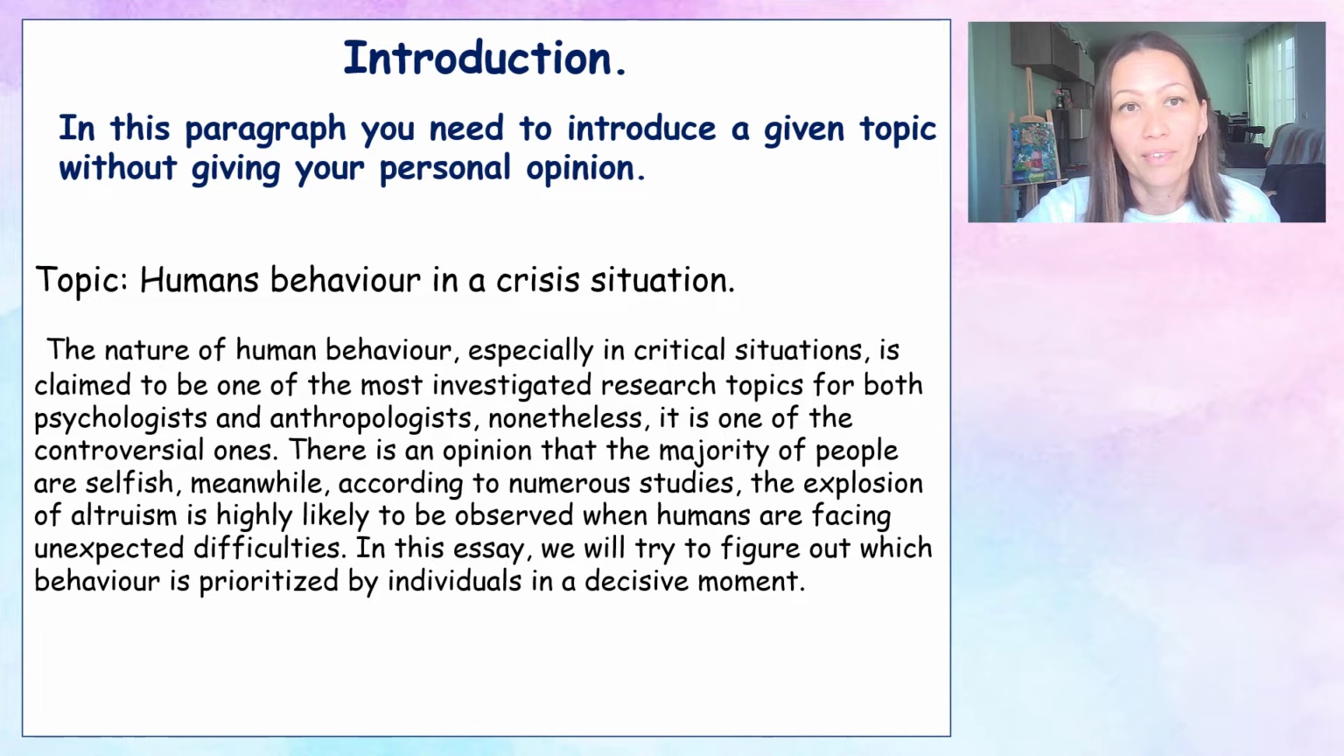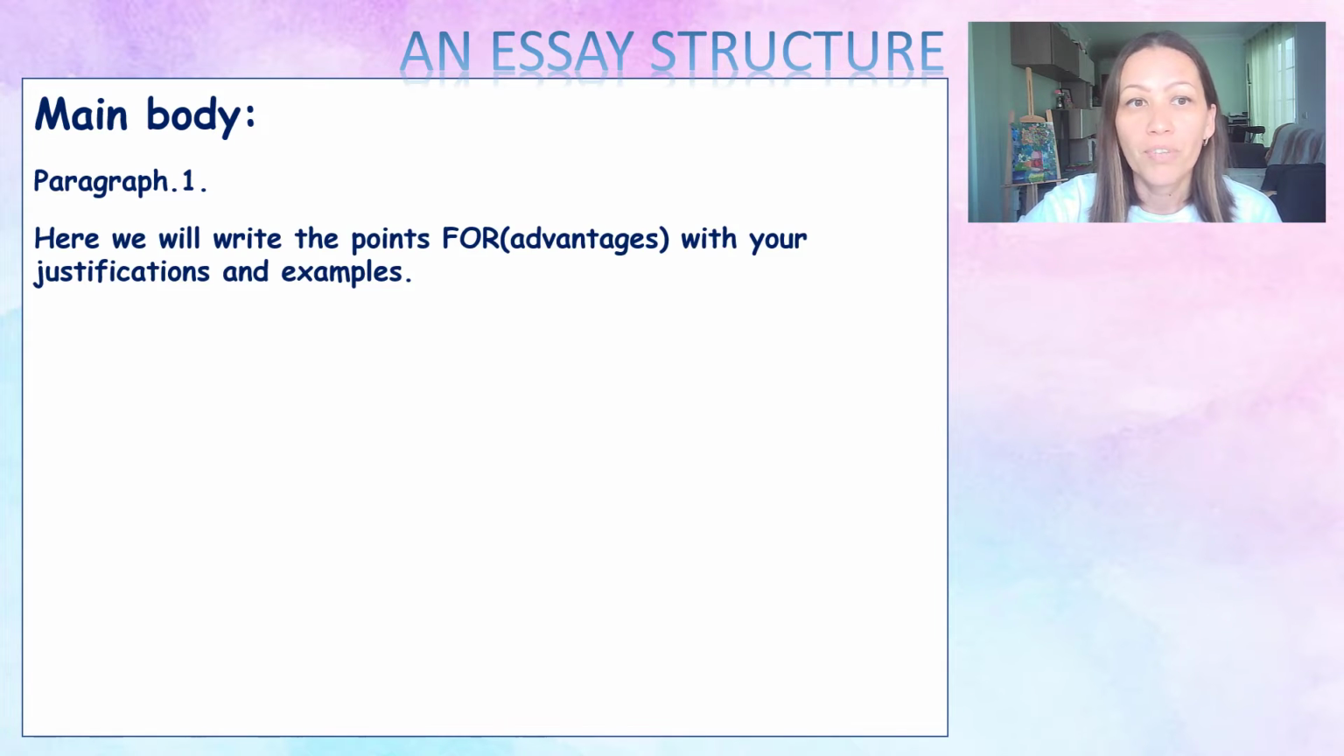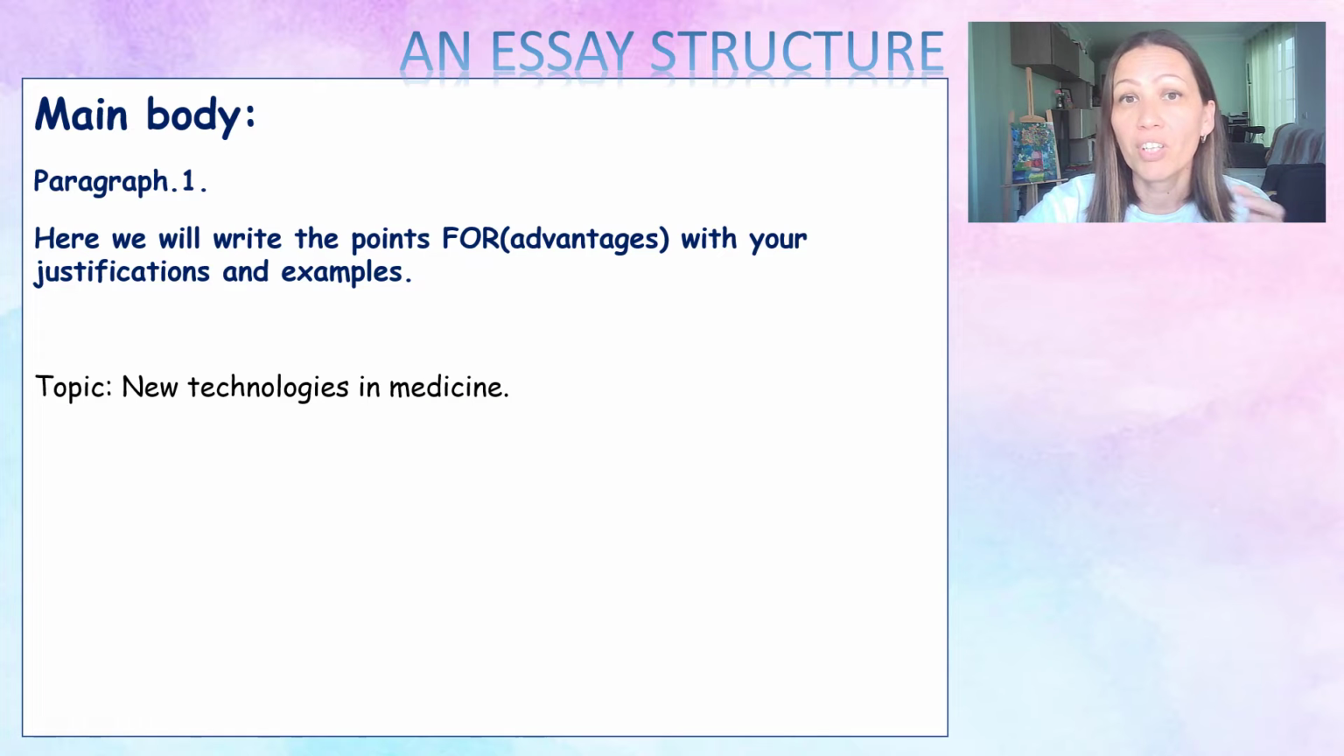Let's move on. Now the main body. The main body will consist of 2 paragraphs. One paragraph where we will write about the points for or advantages of something, justified with our examples and reasons. For example, if you are given a topic of new technologies, the first paragraph of the main body can look